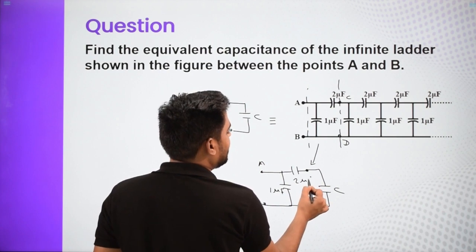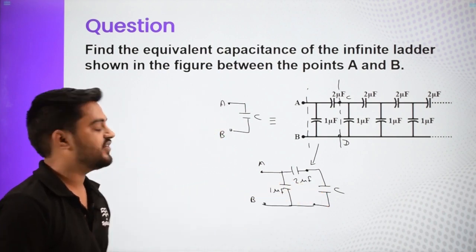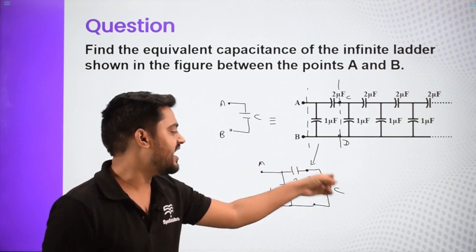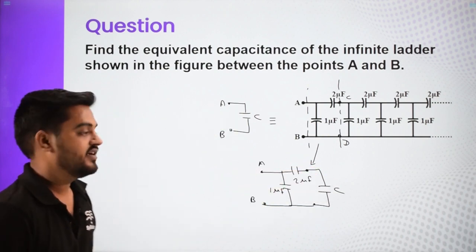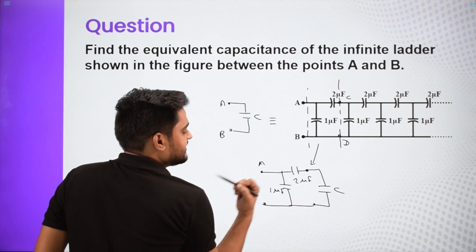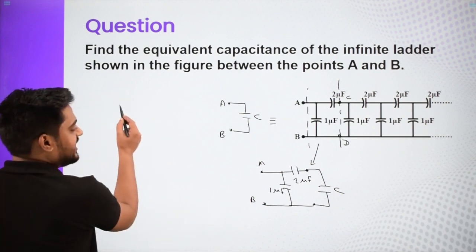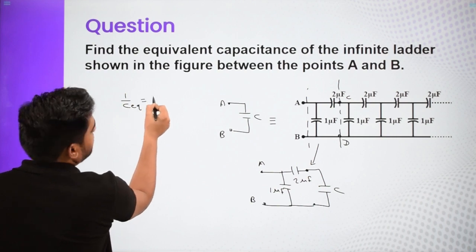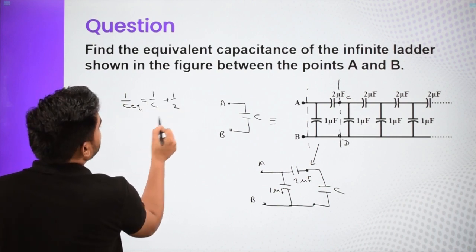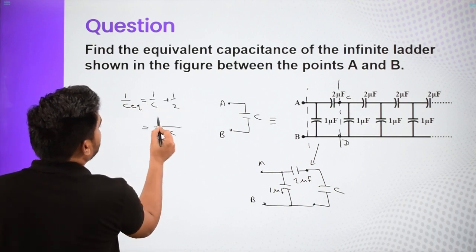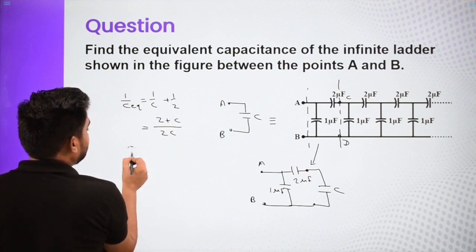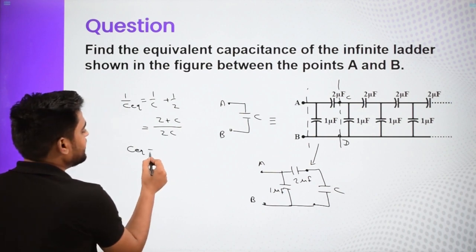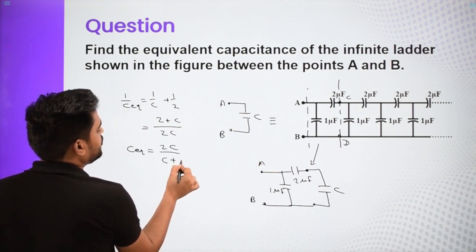This is 2 microfarad, and let us find the equivalent of this. So this entire thing can be written as this, and the equivalent of this entire thing itself is C again. So this and this, they are in series. So in series, they will add up like 1 by C equivalent equals 1 by C plus 1 by 2. That gives me 2C upon 2 plus C. So that is the C equivalent, not of the entire circuit, just of these two, comes to be 2C upon C plus 2 or 2 plus C.